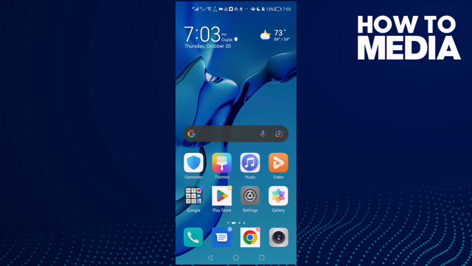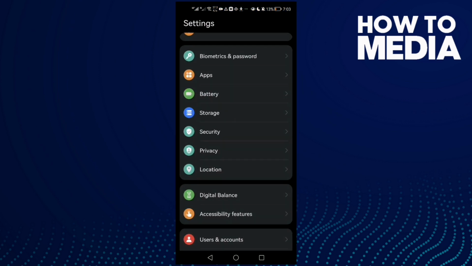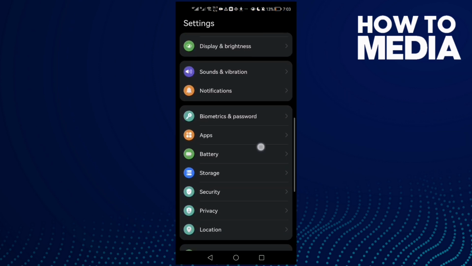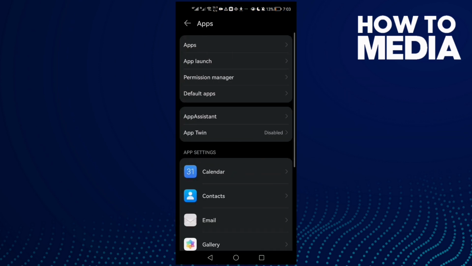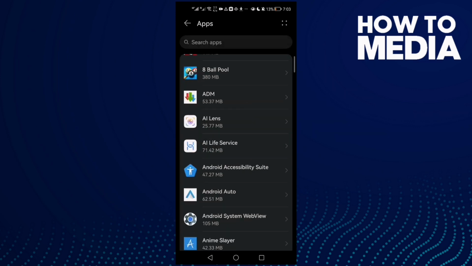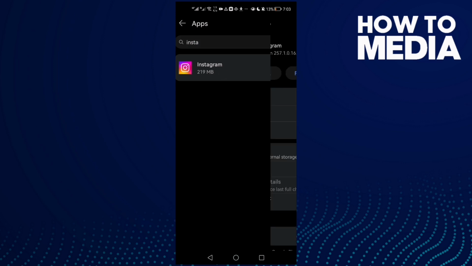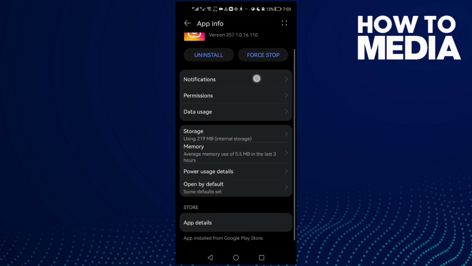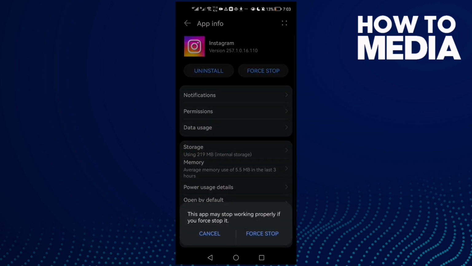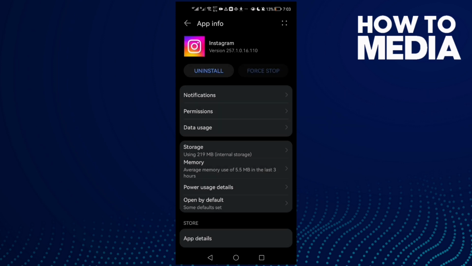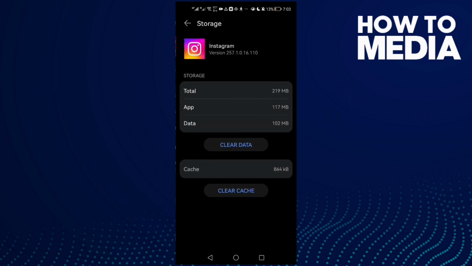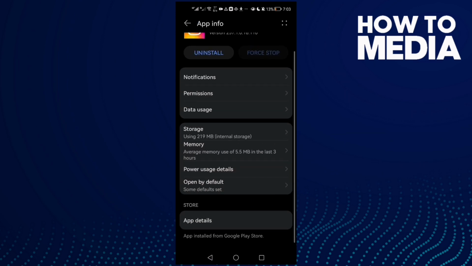It's easy, all you need to do is just go to settings and then scroll down until you find apps, and then click apps again, and now scroll down and here just type Instagram, and here you will find force stop. Click on it and then click force stop, and then go to storage, clear cache, and scroll down, and here